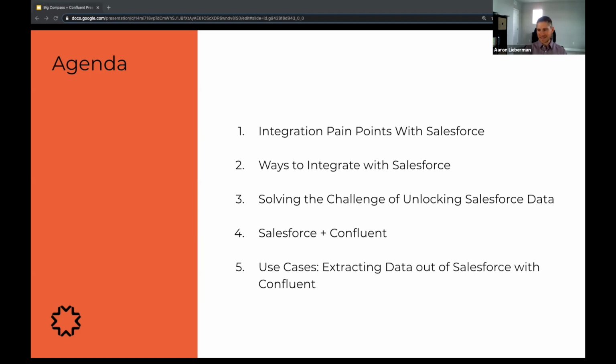industry these days. I know Brian's working with a few customers. Alex is working with a few customers who are integrating with Salesforce. Big Compass is working with quite a few customers integrating with Salesforce. And the same types of problems seem to be popping up over and over and over. And so we want to be able to talk about the ways to integrate with Salesforce to all of you